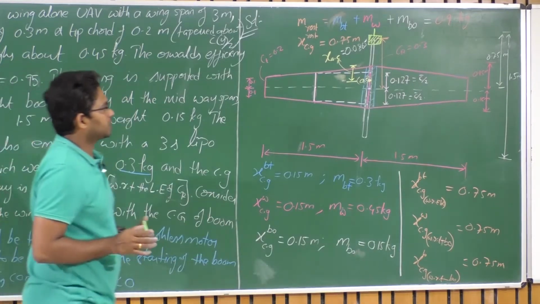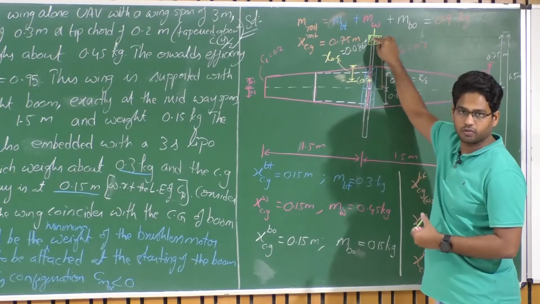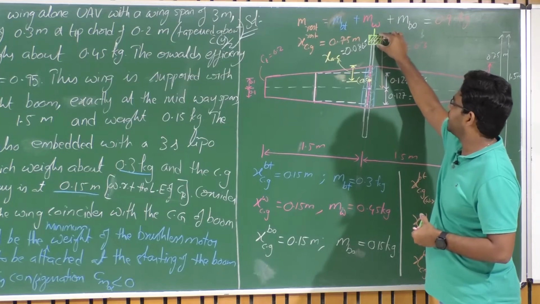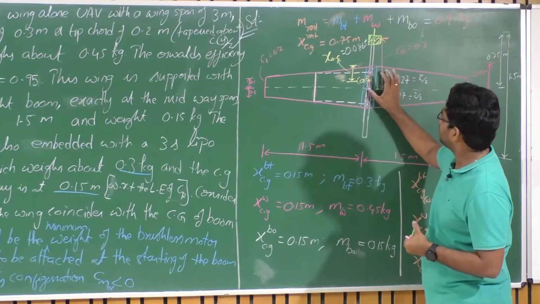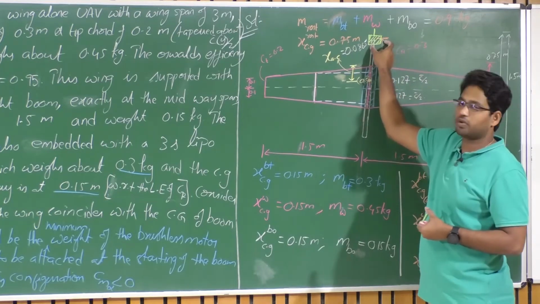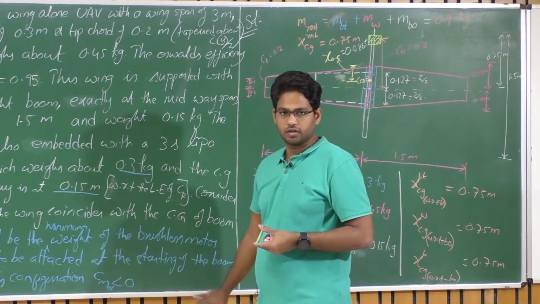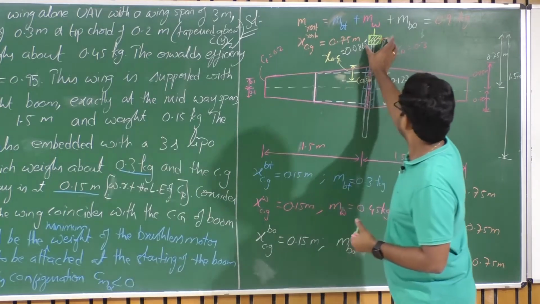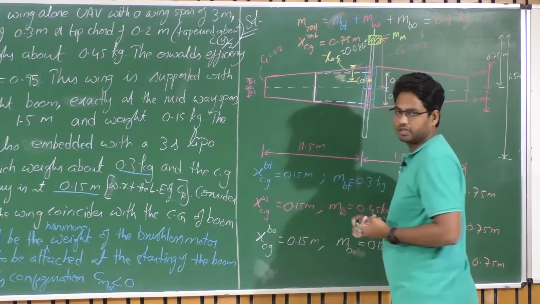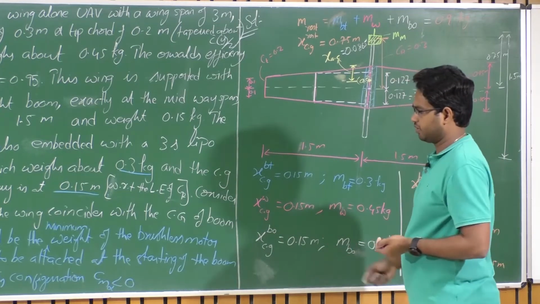Let us assume the CG of this motor coincides with the starting point of the boom. That's one assumption that we'll consider. And now with this attachment, the CG has to shift forward, we know that. So what should be the minimum weight of this motor that makes this configuration CM alpha negative? Is it clear? That means the mass of the motor, say mm, is the mass that I need to attach to make this configuration stable.